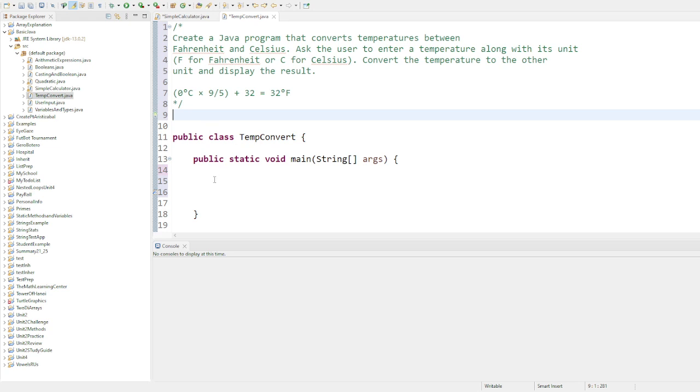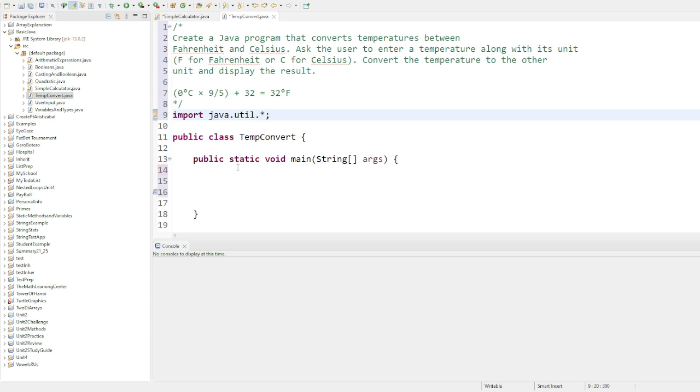Okay, so here it's important what we want to do. Basically we want to ask the user for the number, and we are going to know that it's either Fahrenheit or Celsius by asking the user for an F or a C. And we can make it dummy proof, asking the user to always put a capital F or a capital C, so we don't have to do much with our inputs. Later on in this course, I'm going to teach you that a person should be able to write it in any form. So as in our previous program, you should import the java.util, and this is mandatory